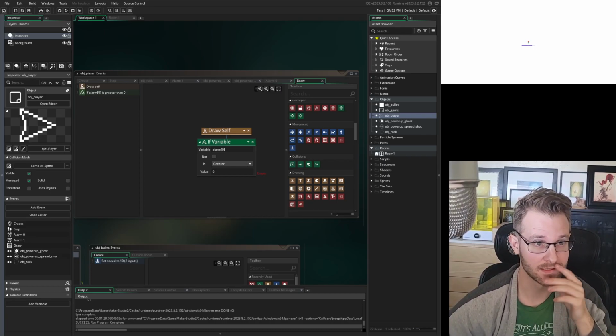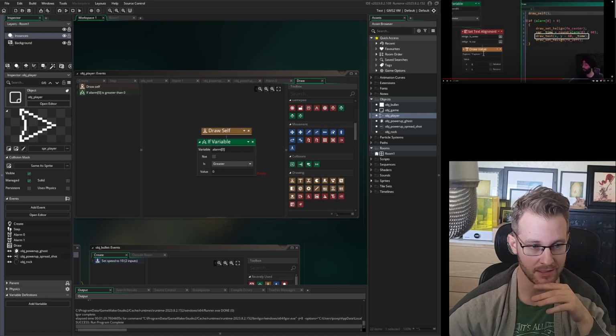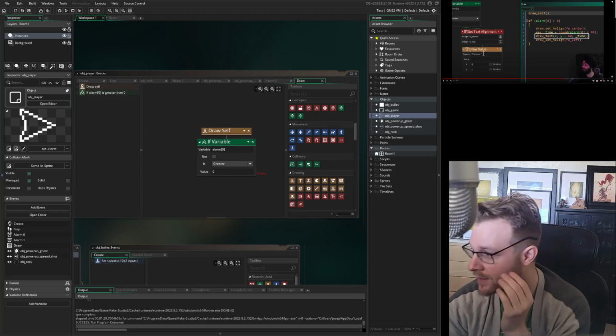Could repurpose this, if Figma didn't load super slowly. Anyways, we'll talk about that in a second. Let me go find that